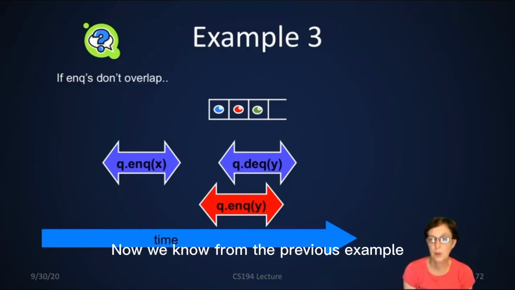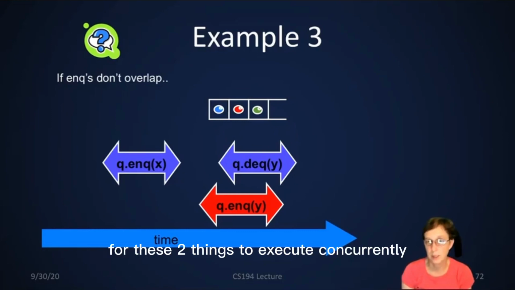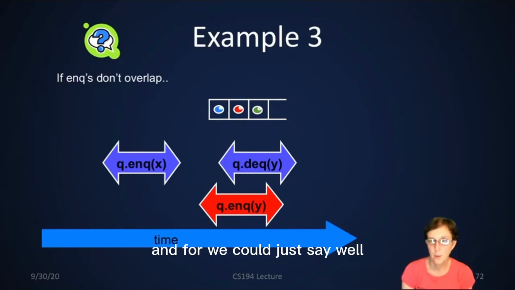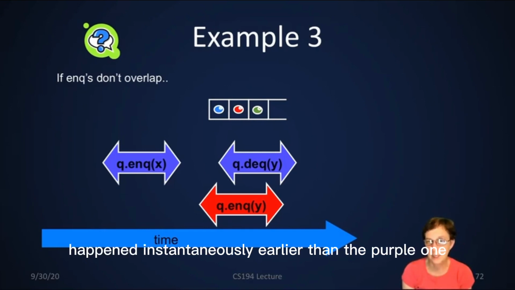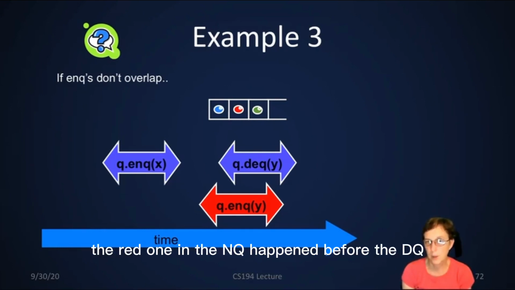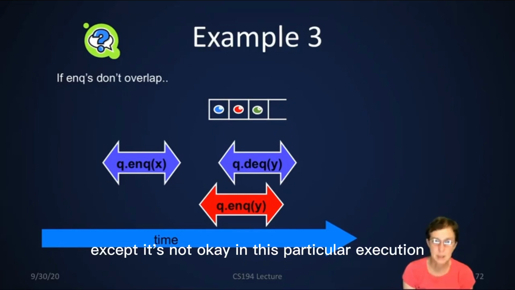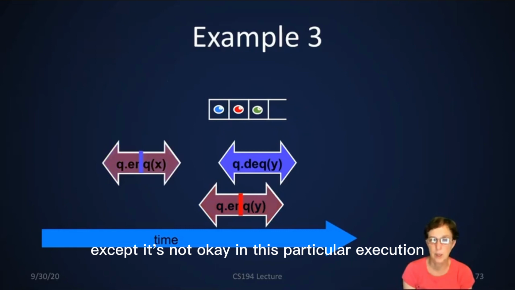Now we know from the previous example that it's okay for these two things to execute concurrently, and we could just say, well, we're pretty sure this one happened instantaneously earlier than the purple one. The red one, the NQ, happened before the DQ, so that would be okay. Except it's not okay in this particular execution, because